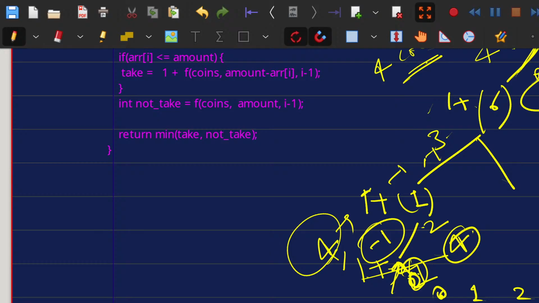Can I make this 0? No. Can I make this 7? No. Make this 2, yeah, only with 1, right? Which is minimum. Okay, so